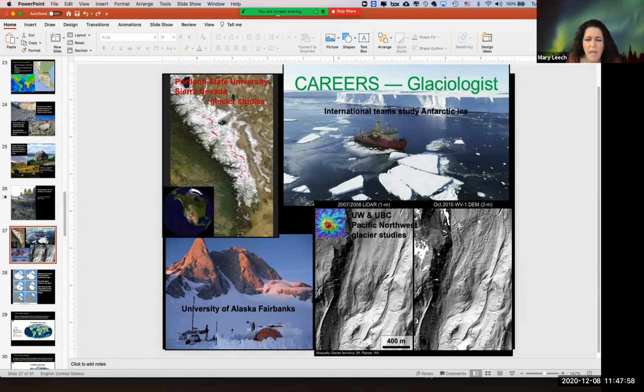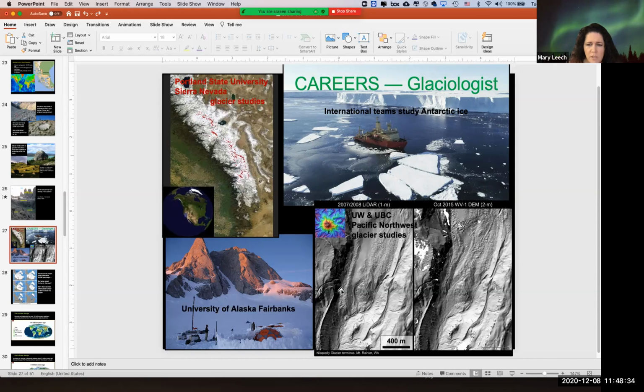Here are LiDAR images. LiDAR is kind of like, what was the old, shoot, the CHP used to point guns at you to measure speed. Now they use radar. It's like radar, but LiDAR is more accurate. We can use LiDAR technology to actually see landscapes, and it sees through all the vegetation if there was any. But do you see the glacier here?